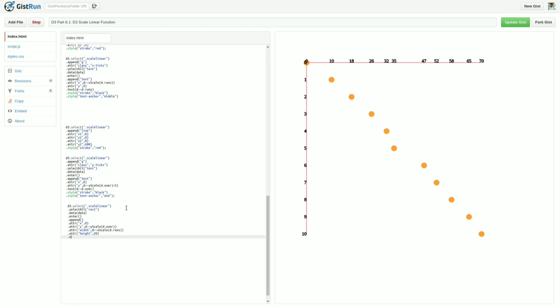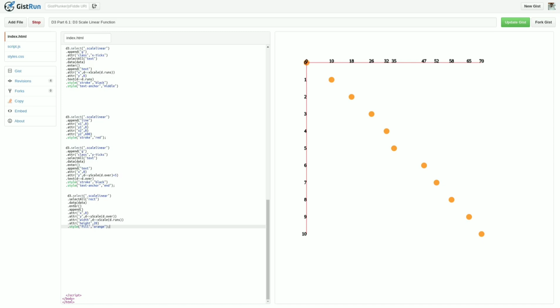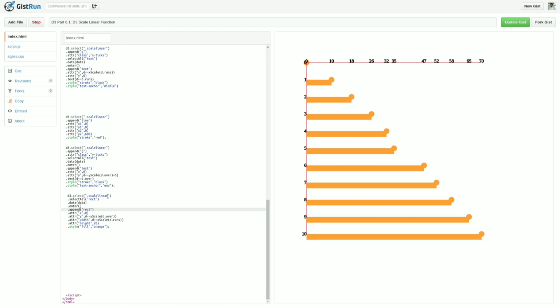Now dot style fill color I want to pass as orange. d3 dot select all dot data dot enter dot append rect. Now you can see that our bar is available here.